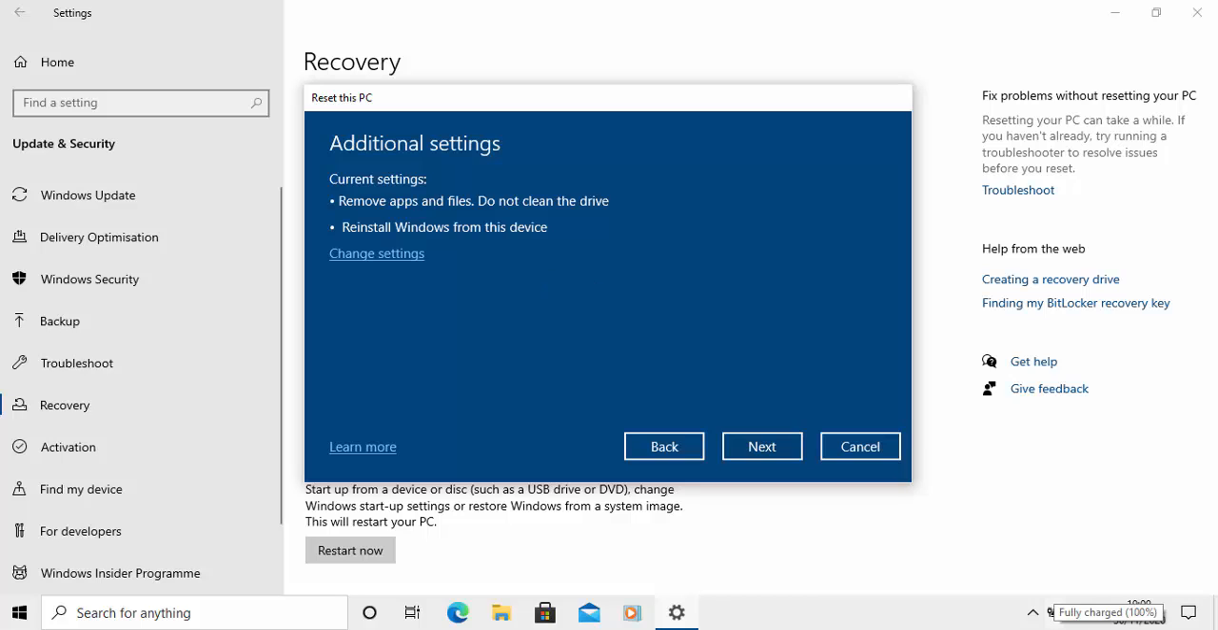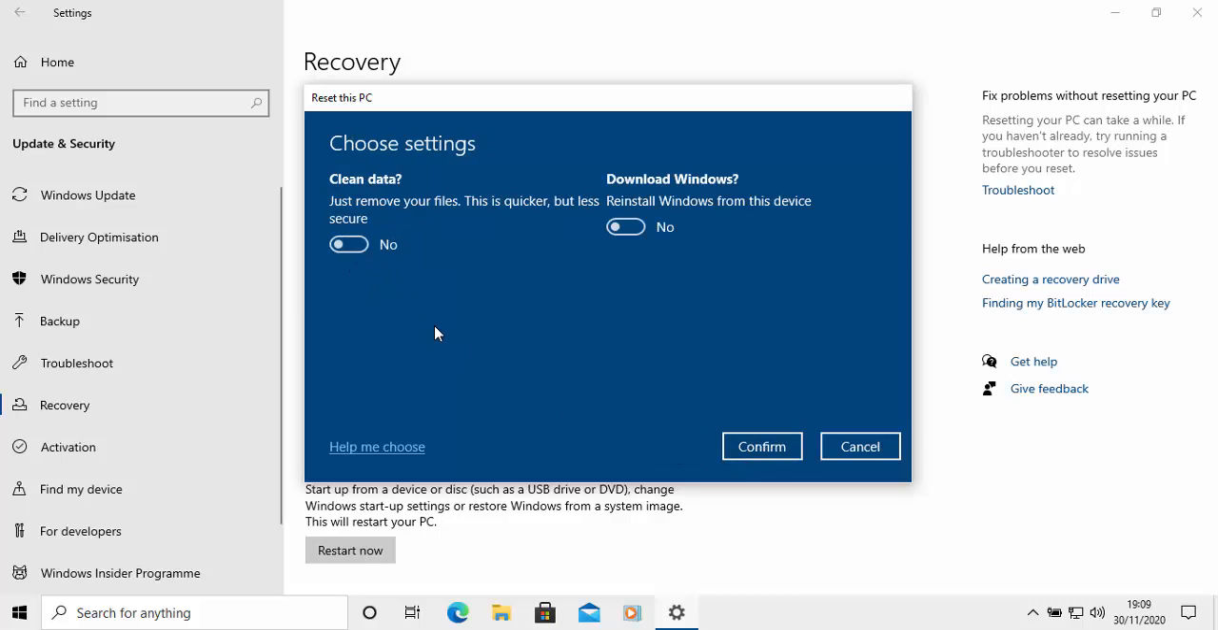Now, if you're planning to sell the PC, then I would click on change settings there and turn on clean data. Okay, so clean data means that it will take hours, or may take hours, but it will make it harder for anybody else to recover the files. So like I say, if you're selling the PC on, or you're recycling it somewhere, then use the clean the drive option or clean data option, as this will make sure that it deletes all the files, and it deletes them securely to make it harder for anybody to